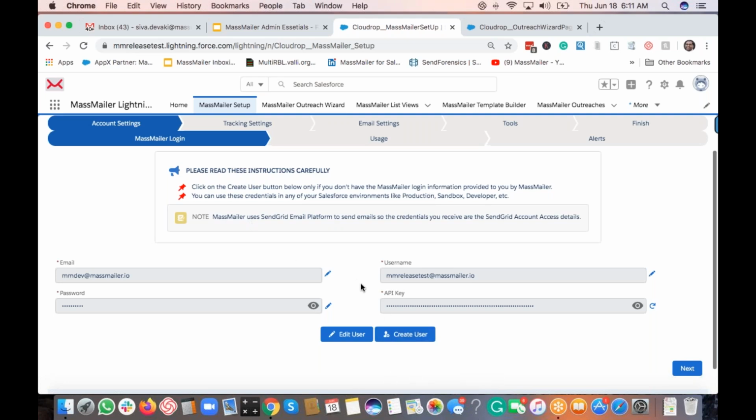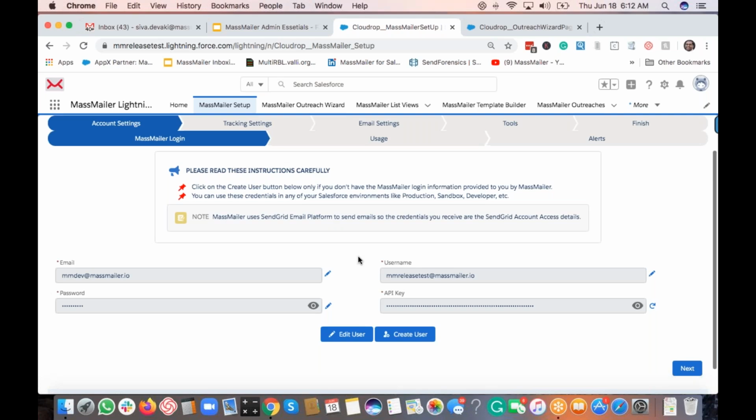And then, if you ever needed to change the entire thing, which does not happen typically, sometimes maybe you have the sandbox plan that you got from us. You are using one SendGrid account in the production environment, but in the sandbox you wanted a sandbox plan, meaning we can provision another SendGrid account behind the scenes. So whenever you cut over your production to sandbox, you'll get all the MassMailer things, just copies over. But you still have to change the